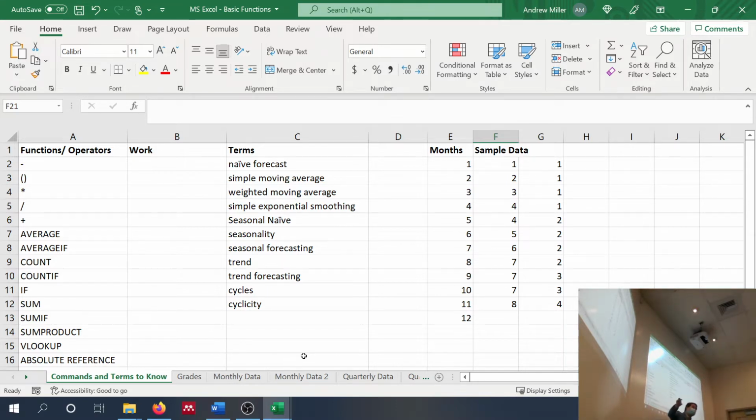Excel is laid out in a grid. So accordingly, a grid has what? Rows and columns. The rows are going to be denoted horizontally, with numbers. And the columns are denoted vertically, of course, with letters. So what we do is we put the column and the row, and that forms a cell.